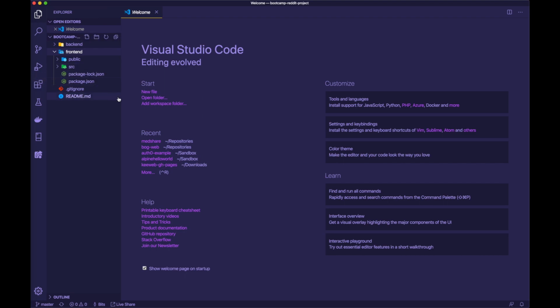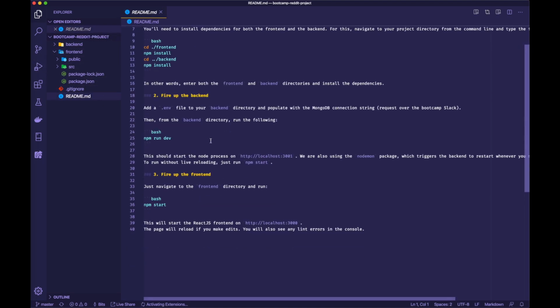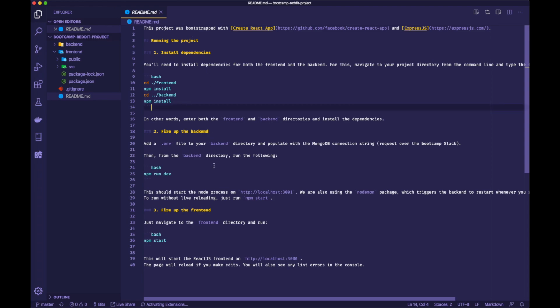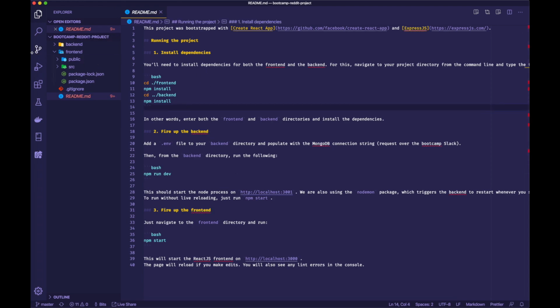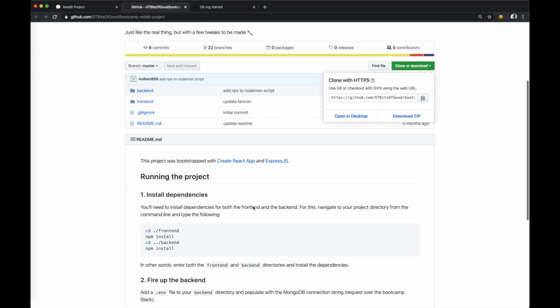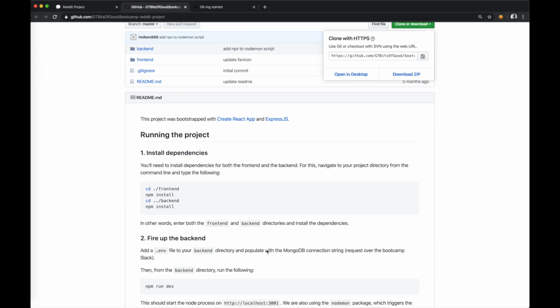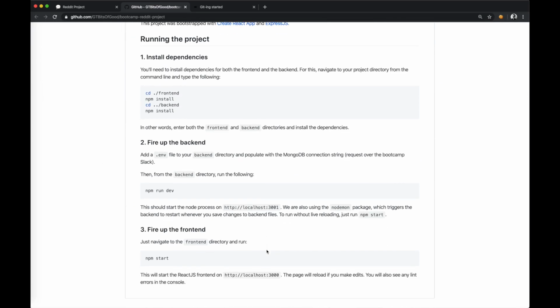So in order to get this project running, we can check out the README file actually, in order to understand what's going on. You can either open the README right here, which pulls up sort of a plain text version of how that looks. Alternatively, you can click out to Google Chrome and check out the very pretty version that you see listed here on GitHub. So what we need to do, first we need to go into each of the front-end and back-end folders and